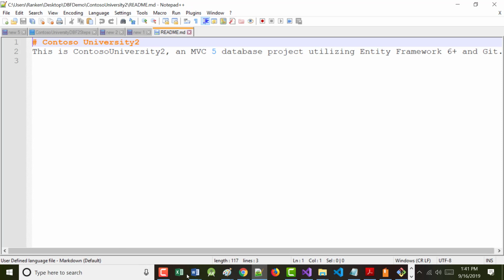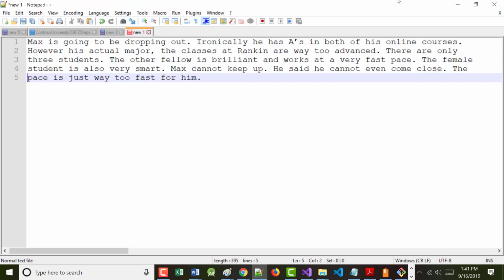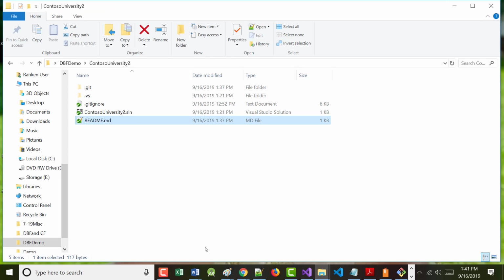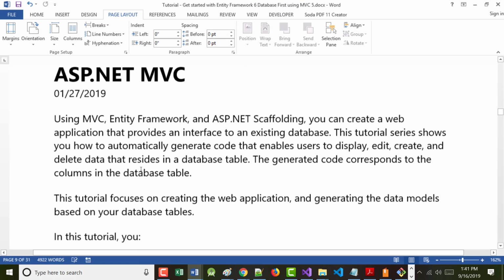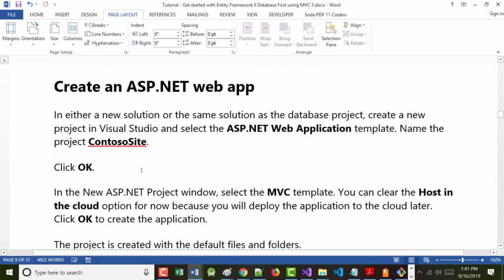All right, so with that said, I'm going to close this because I don't want it open. All right, and as we start taking a look in here then, so this is broken up. This is a bunch of little mini applications. The author says, create a new project called Contoso Site. Now, unless you already have one, if you have one named Contoso Site, and I think I do, I'm going to call mine Contoso Site 2. That's what I'm going to do in just a minute.